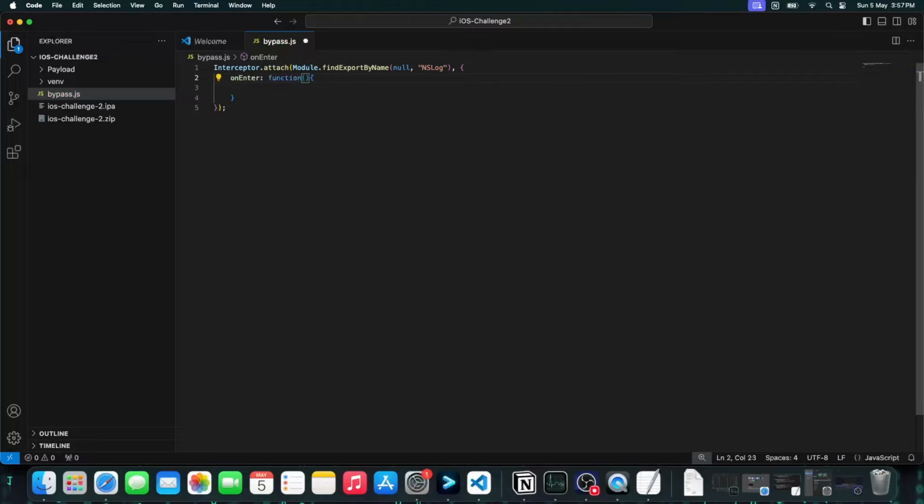So inside onEnter, we have this argument called args, which is an array of arguments, and using the indices we can access the argument which we want. So over here let's just print console.log, let's say NSLog intercepted, followed by another console.log where we can print out the actual argument which is present in args[0], right? But we cannot directly print out the argument like this, because if you look at the argument type of NSLog,